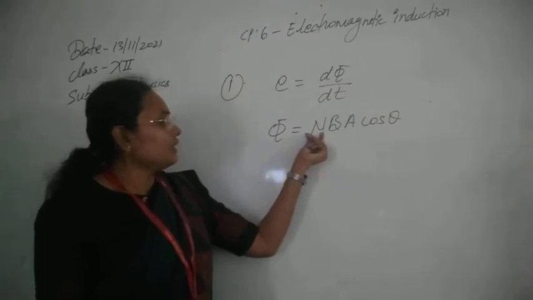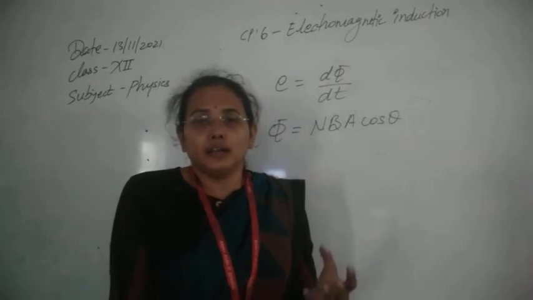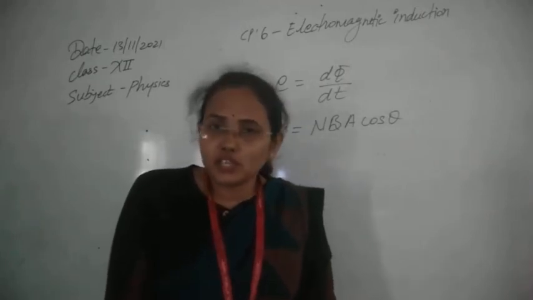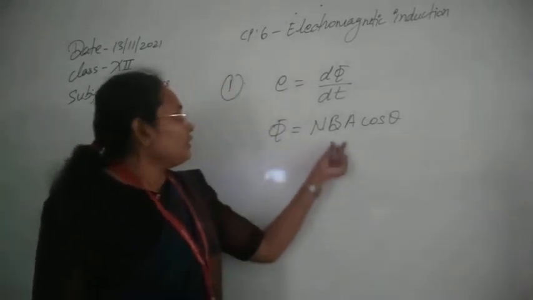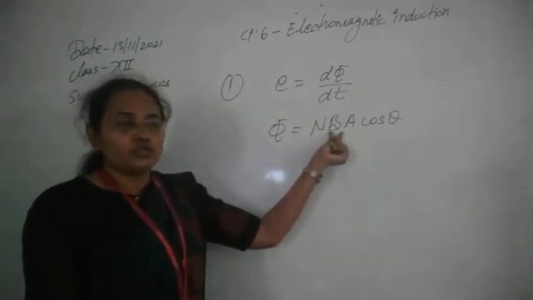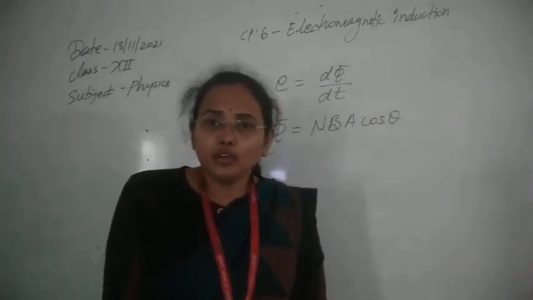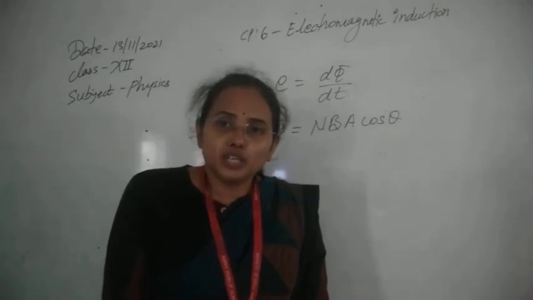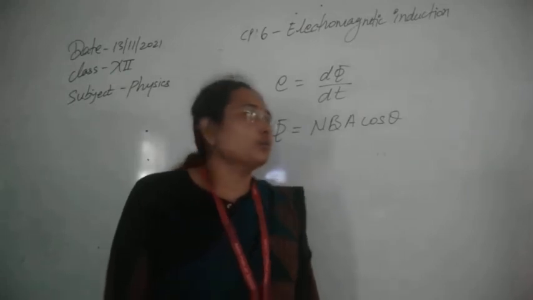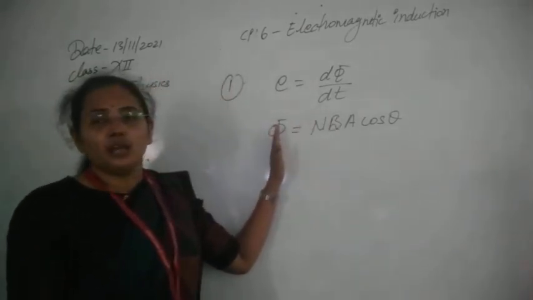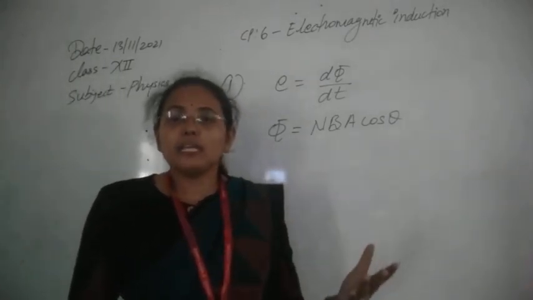So the first one, you can see, is the number of turns. If the number of turns increases, the coil will contain more flux, the flux will change, and it will produce an induced EMF, simple. Now the second one, magnetic field. Whenever the magnetic field changes, due to the movement of the magnet, or the movement of the coil, or a change of the magnets themselves, the flux will change. So here one more thing: it is not necessary that the flux should always be increased.